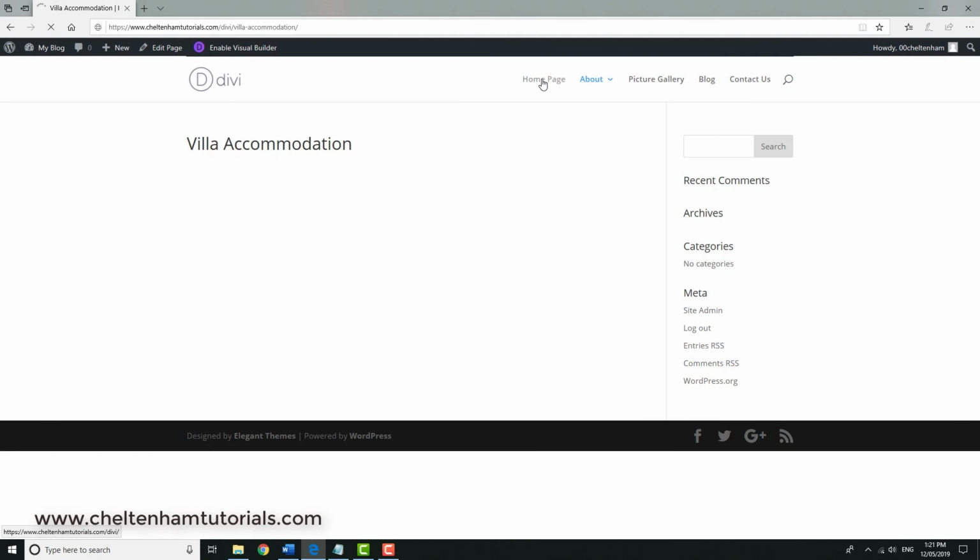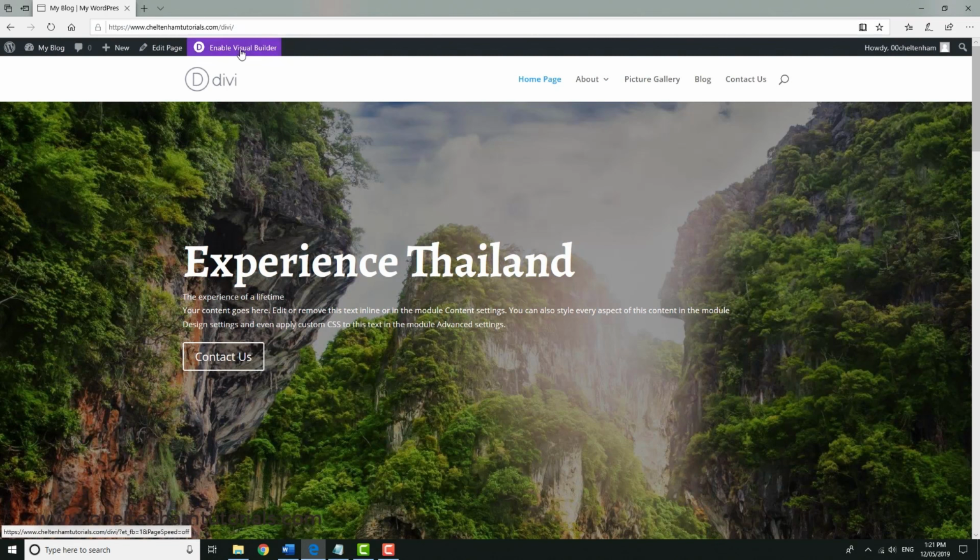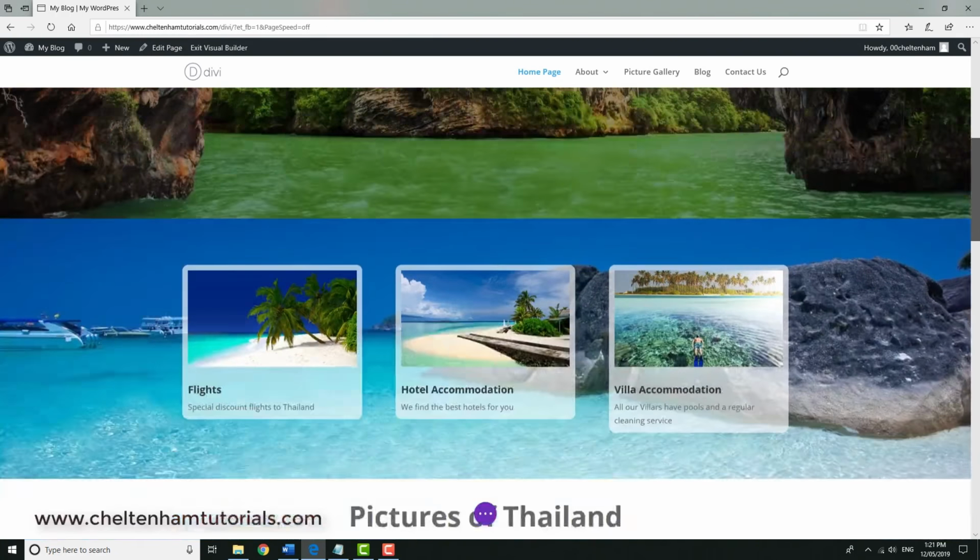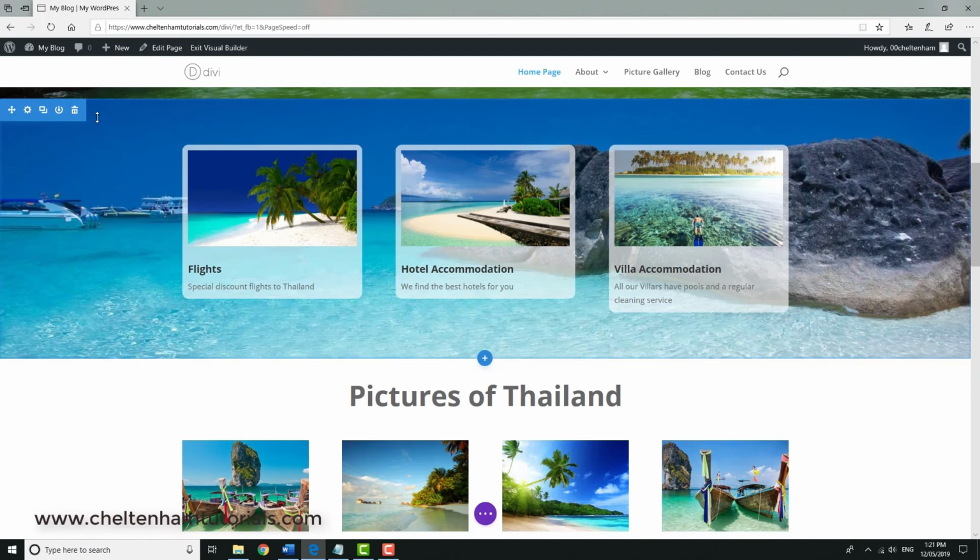Now if I go back to the home page, and if we enable the Visual Builder, what I need to do is scroll down a little bit, and within this section I go here and then I click here, because what this does is add a new module within this section. So I click on Add New Module,